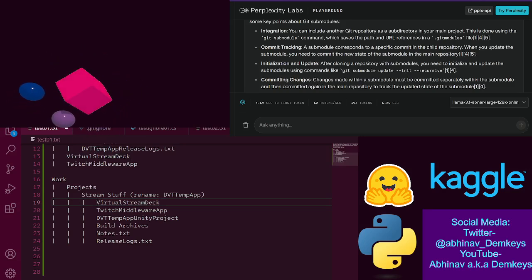Yeah, it's got VTuber. So it's got the original VTuber app project. It's got the VTuber temp app project. It's got Twitch middleware. It's got, holy shit, I'd created a Unity project called Just Cat. I had this idea a while back. I think it was during April Fools. When did I make this? I made this on the 2nd of April. Yeah, okay. So during April Fools, Twitch had introduced